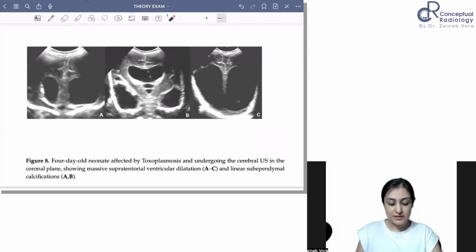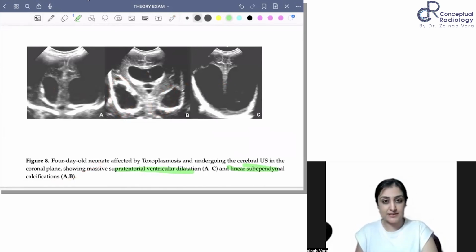Toxoplasma, look at this, such gross hydrocephalus, right? So look at the marked hydrocephalus that you are seeing here, and you can also see these white subependymal calcifications. So subependymal calcification and your hydrocephalus. Then